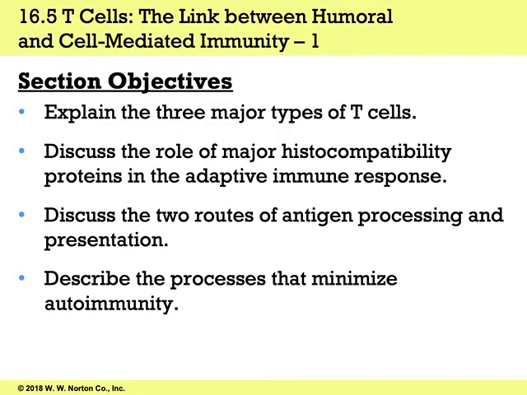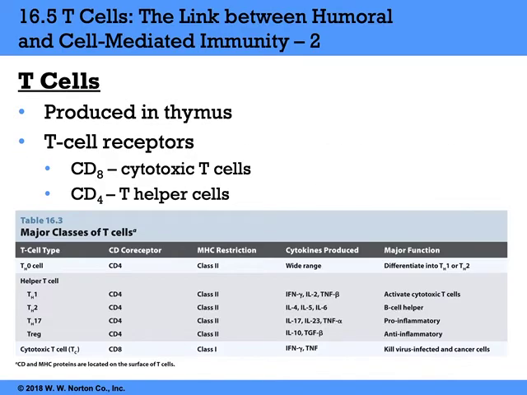We'll talk about the different types of T cells and their role in immunity. We'll talk about MHCs, talk about antigen processing, and describe what autoimmunity is all about. Okay, so in the thymus, what happens is that cells that are eventually going to become T cells migrate